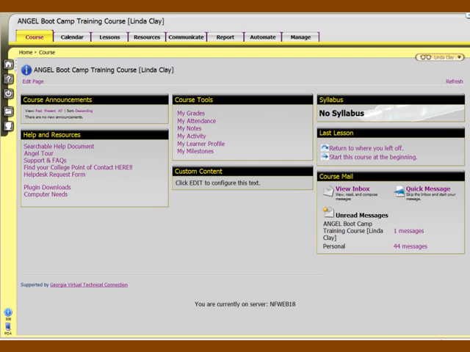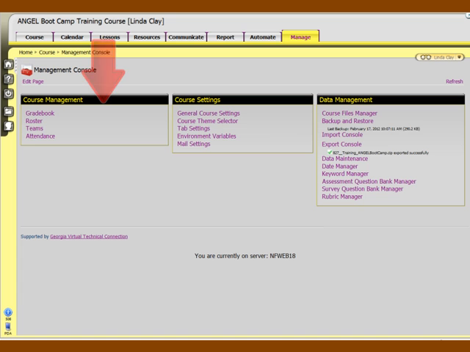The most common reason that instructors create teams in Angel is to group students together so that they can work on a project online. To create the teams, go to the Manage tab, click the Teams hyperlink in the Course Management nugget,